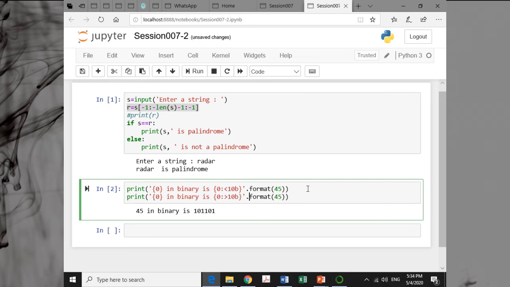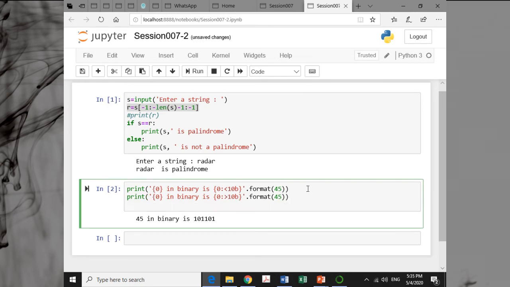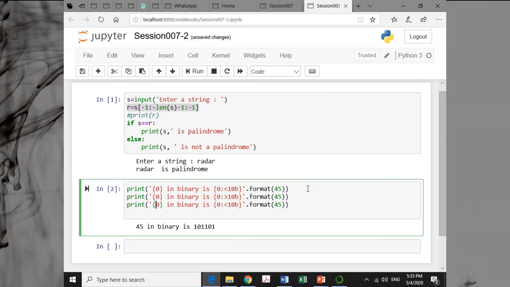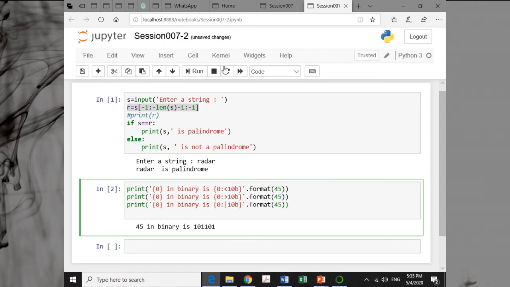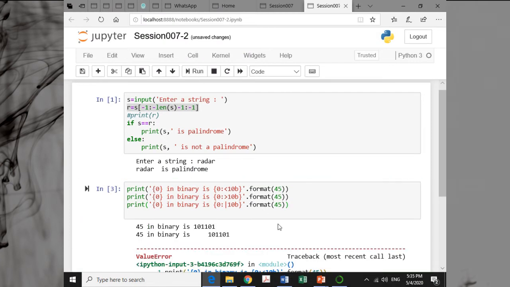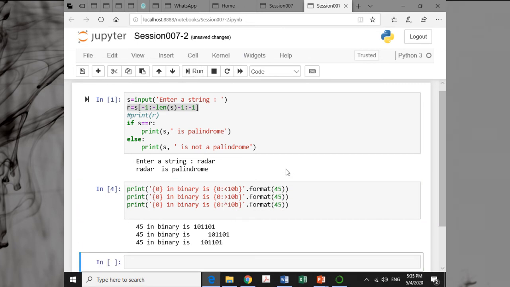The greater than sign is used for right justified, and at the same time I am printing it center justified also. The pipeline symbol is not used; the caret symbol is used for center. You can clearly see the output.